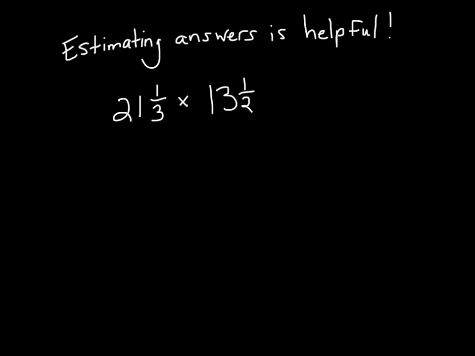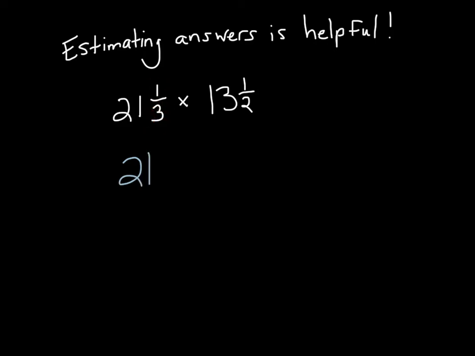So in chapter 1, we made that estimation part optional, and we said we weren't necessarily going to go through it all the time. In chapter 2, it's going to become even more helpful to use that estimating because fractions can get a little tricky sometimes. So if we were going to take that same problem we just did with the quart and take 21 and 1/3 times 13 and a half, if we wanted to estimate those, then we would say 21 and 1/3 is pretty close to just 21,